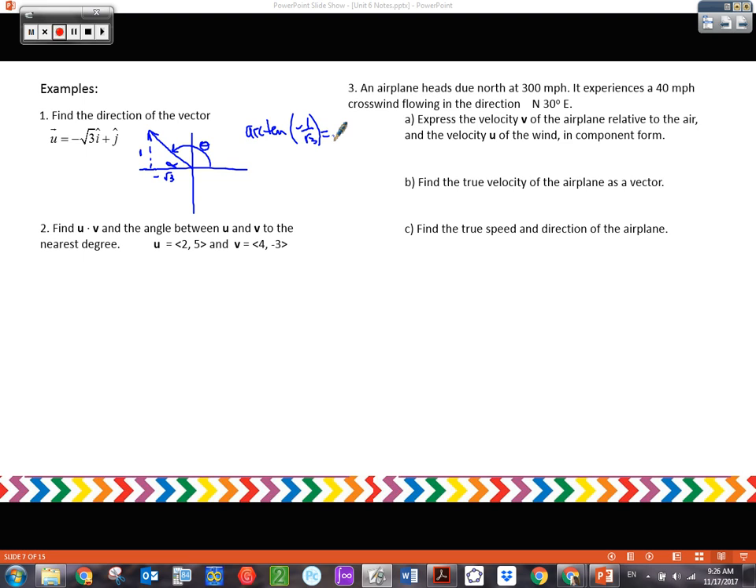So that would be, and it doesn't say whether it's degrees or radians. If it doesn't say, I'm going to do radians. You can do degrees if you want to. It's okay. It doesn't say. So in radians,